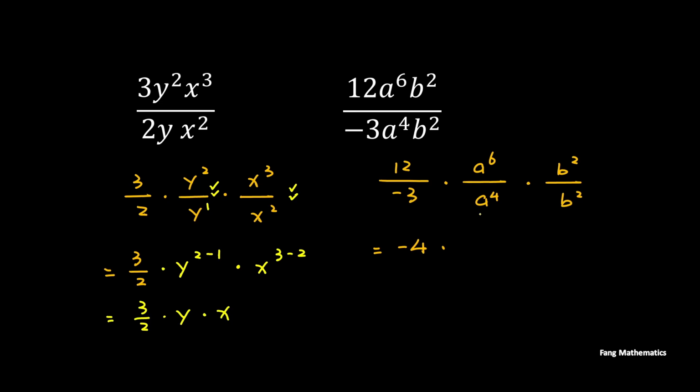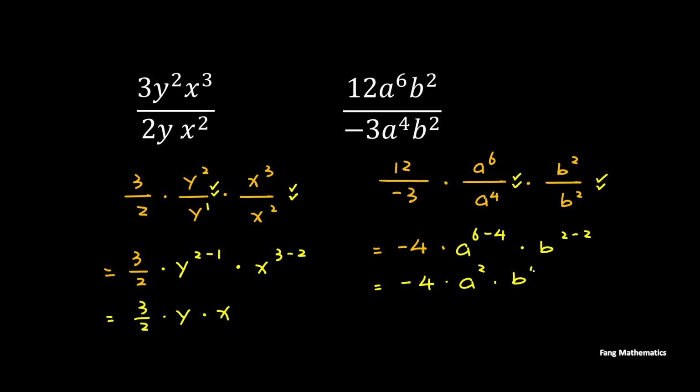And we have the a components. So check for the base. I believe they are both a and being divided. So base a, use the power on the numerator minus the one from the denominator. In a similar way, you check b, same base, being divided, so subtract the powers, 2 minus 2, and we are to perform the simplification. So minus 4, a, 6 minus 4 gives you the power 2, a squared, and b, you have 2 minus 2,